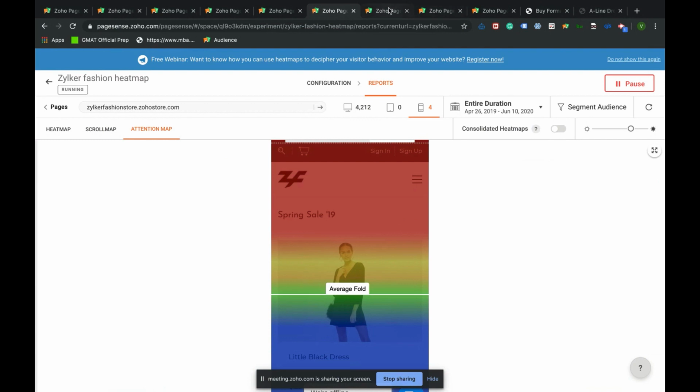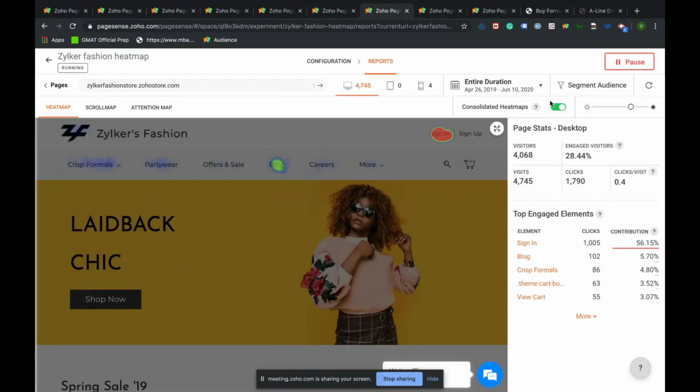And then we also have the consolidated heat map. Let's assume that you have a specific layout of web pages for all your website. Here you would be able to see the consolidated data of interaction that happens on the layout. Let's assume that you have a sign up button across all the web pages of your website, and you would be able to get the consolidated data on how many clicks have happened on the sign up button or on any of the features listed on the menu bar. So this gives you the data about that.